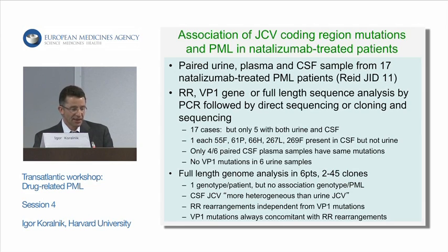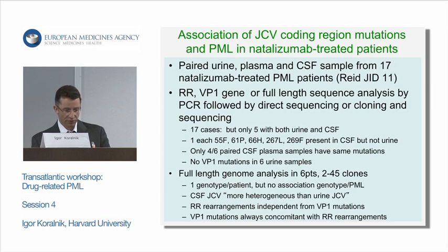They had 17 cases, but only 5 with both urine and CSF samples. And in these 5 cases, they found, one time each, mutations at positions 55, 61, 66, 267, and 269 in the CSF, but not in the urine of the same patients. And only 4 out of 6 paired CSF samples had the same mutation; they did not find any VP1 mutation in